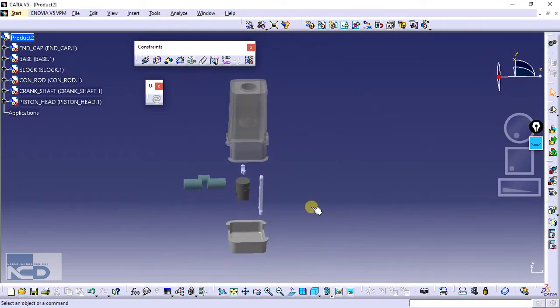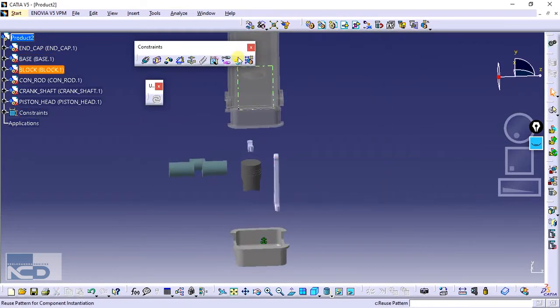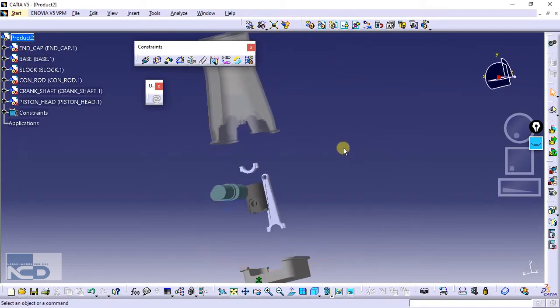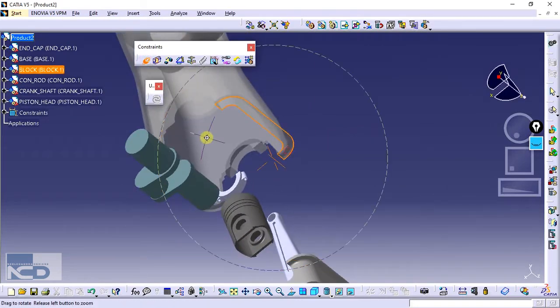Now the first thing that you have to do for the assembly is to fix one part. I'm going to fix this whole thing together. For that, I'm going to use this fix component and make this base the fixed one. Now with respect to this base, the whole thing is going to be assembled. I'm going to use the constraints very smoothly, and I'm going to use only the offset as well as the coincident constraints. So go for the coincident, and then you just have to select this face as well as this face,